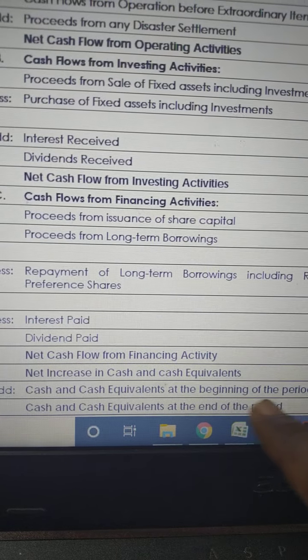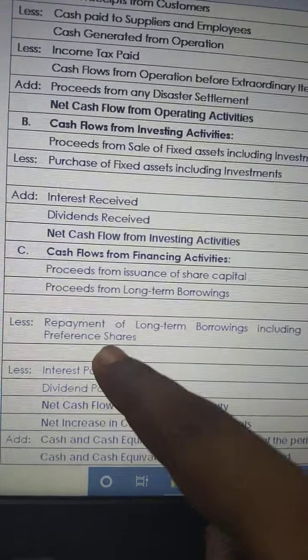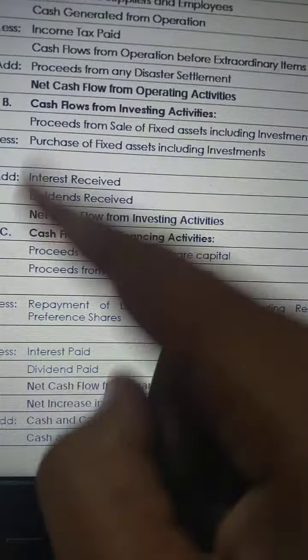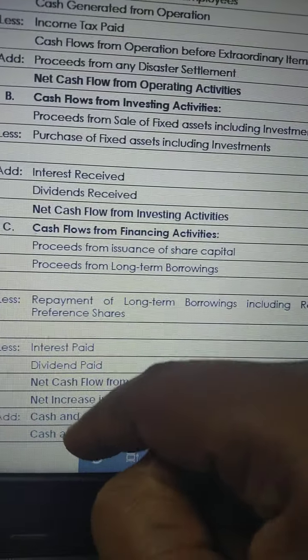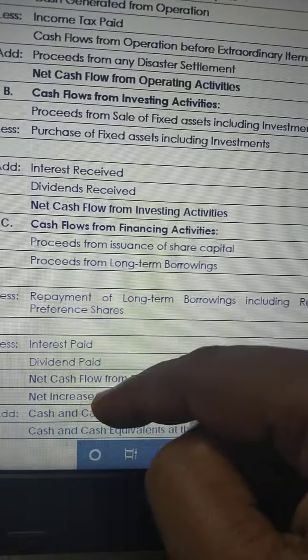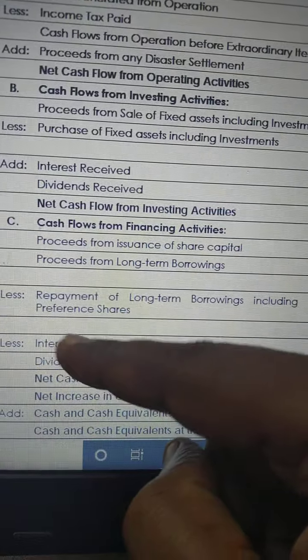If it is tallied, then mostly your answer is correct. But the point is, you have to present each item under the correct category. Even if you present it wrongly, sometimes your workings will tally, your statement will tally, but the answer is wrong. Even though the answer is tallied, you will still not get full marks because you have not presented the items